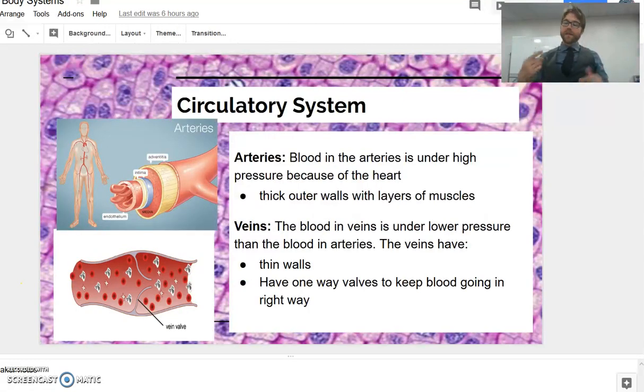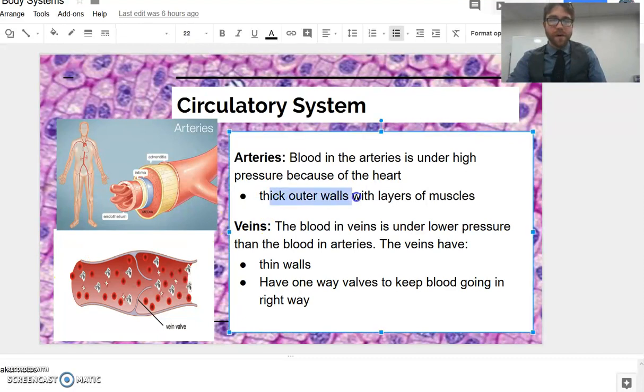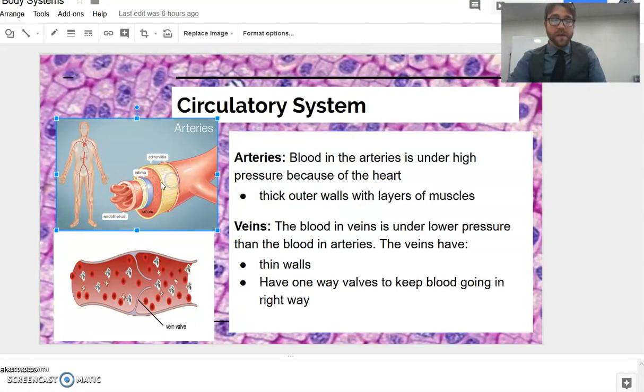Now, if we look at our two vessels, arteries and veins, there's small differences between them, right? Arteries have thick outer walls. Look how thick these walls are of the artery in this picture. Arteries have thick walls because they're under high pressure. The blood is constantly pushing its way out of that heart, being pushed really fast. And because it's being pushed so fast, the walls need to be thick to absorb that high pressure of the